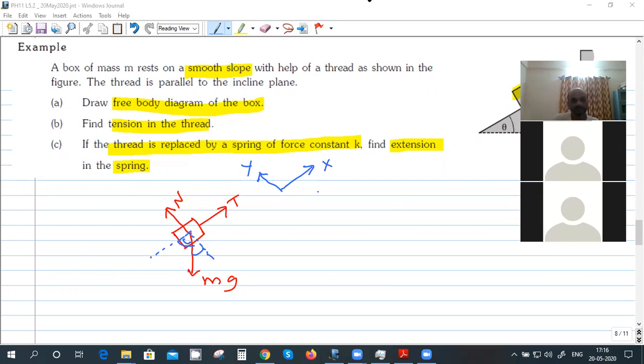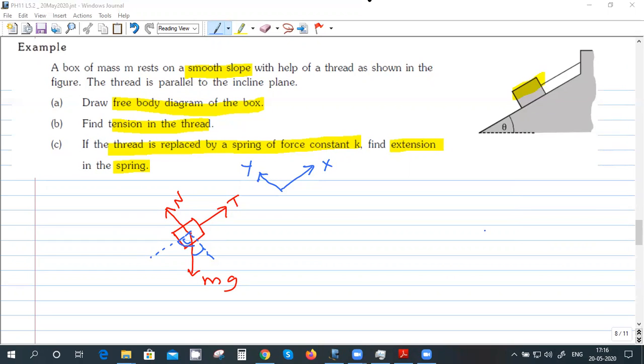So can you tell me the angle of mg with the vertical? Sir, angle of mg with vertical will be 90 minus theta. That's what I told you. See, theta is angle between the horizontal and the plane. So between vertical and the normal, it should be the same thing. If we take perpendiculars of these two lines, which is the vertical and the normal, it should be the same.